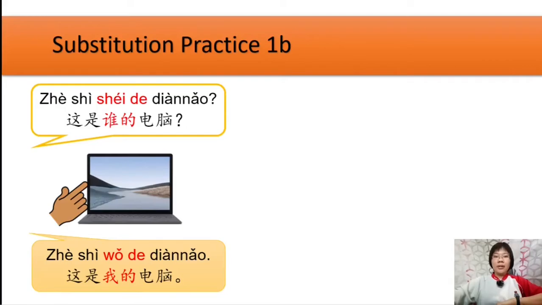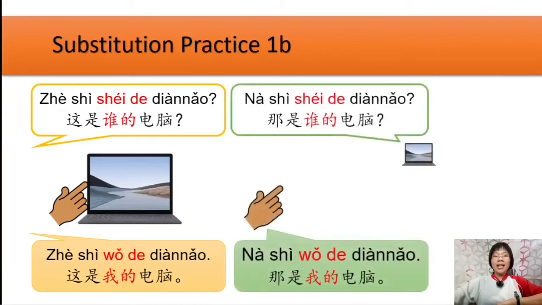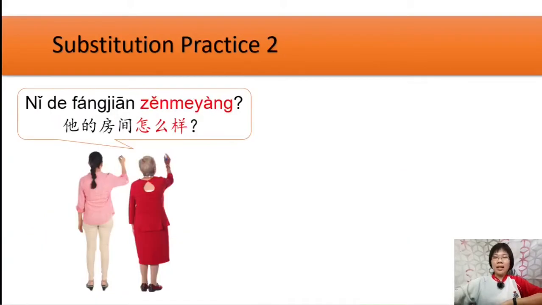Next, if you want to mention something a little bit far away, instead of 这是, you use the word 那是. 那是谁的电脑？那是我的电脑。Of course, if the computer does not belong to you, which belongs to 老师, you may say, 这是老师的电脑。